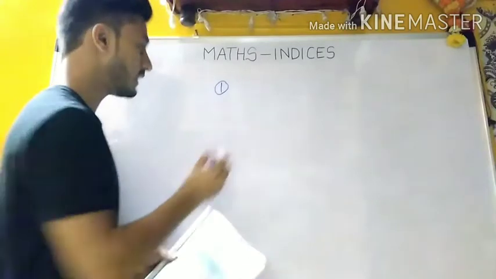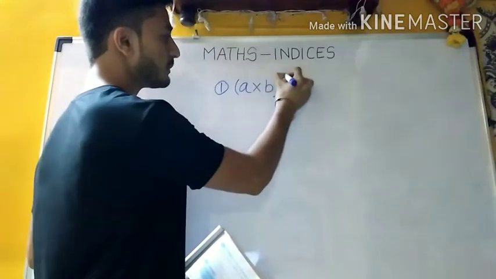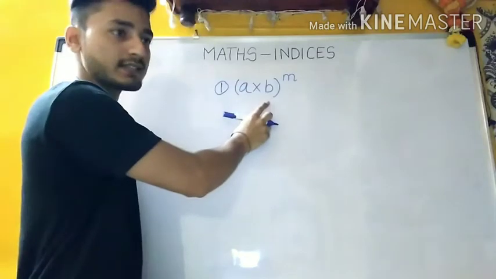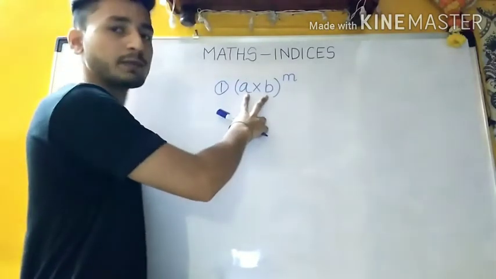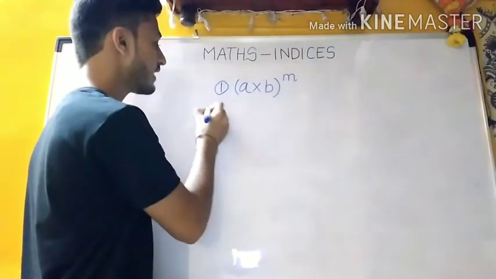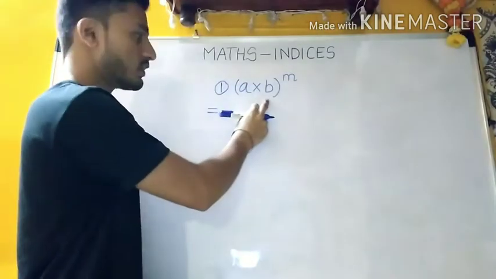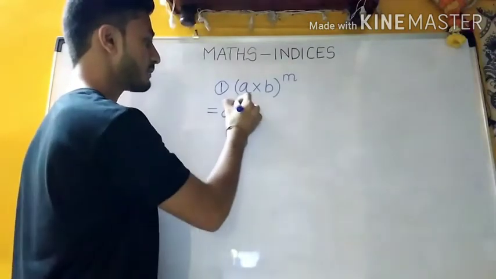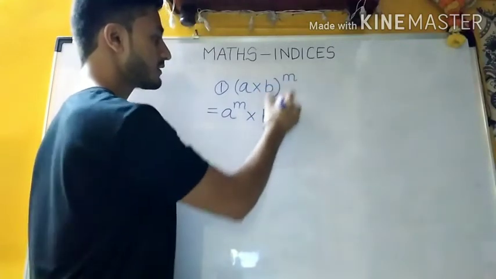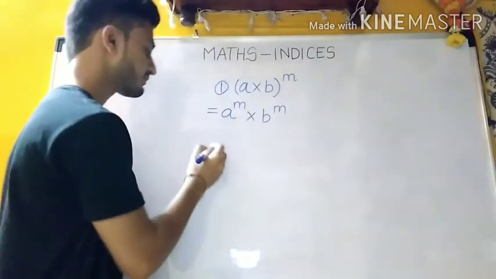Okay. So the first formula, or the law, is (A multiplied by B) raised to the power m. If you observe here, we have 2 different bases. In the previous laws, there were similar bases, but here we have 2 different bases, but the power is common. So when we are solving, we are going to mention separate powers for both the bases. Okay. So A will have the separate power raised to m, and since it is multiplication, I'll write multiply, and B will have its own separate power. Okay. So this is the answer for this law.